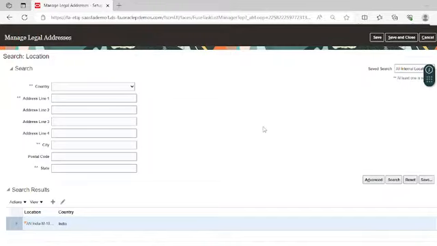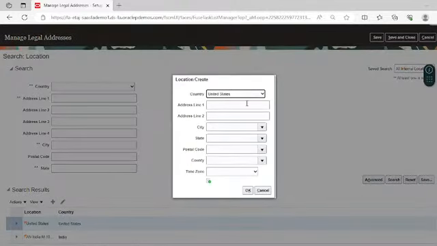So we have created the legal address for the India office of Aeronet Group, and now we will create the second address, that is for United States.